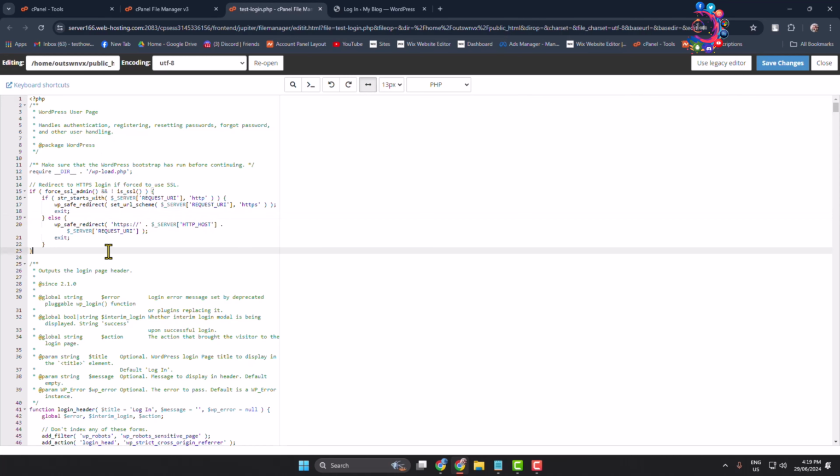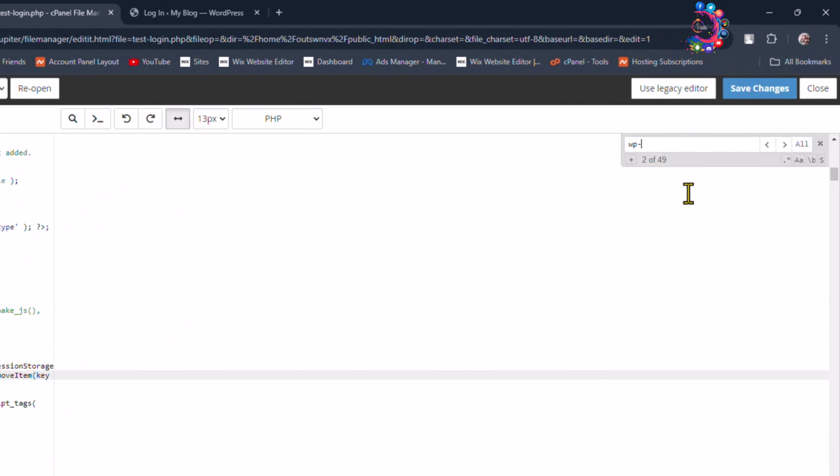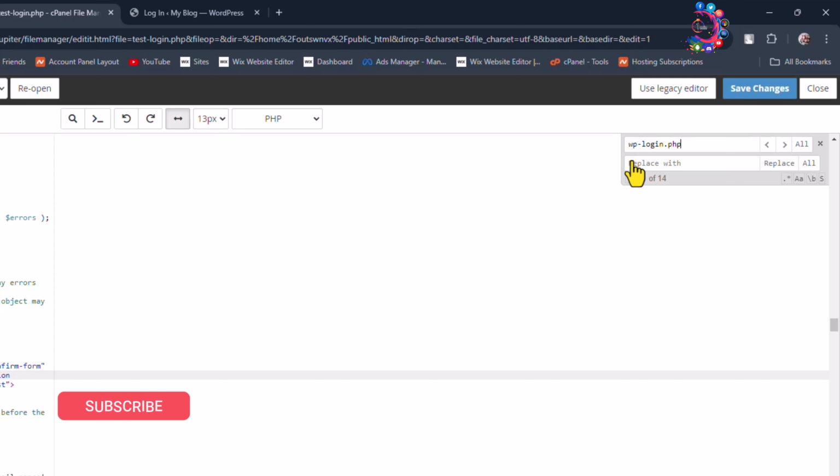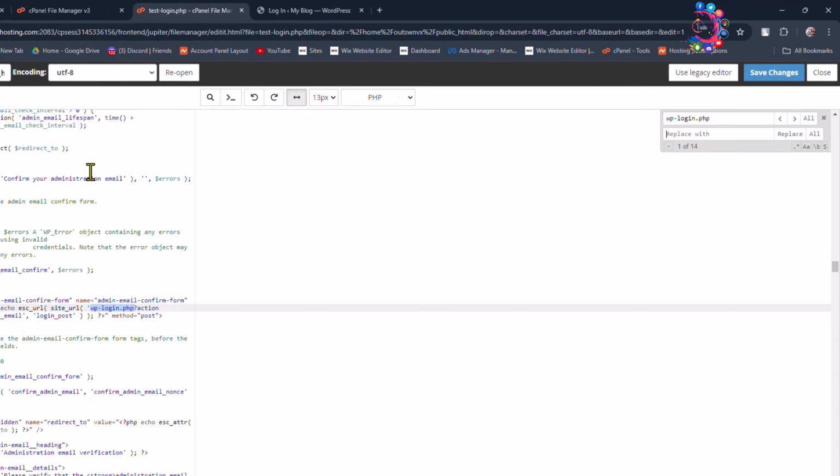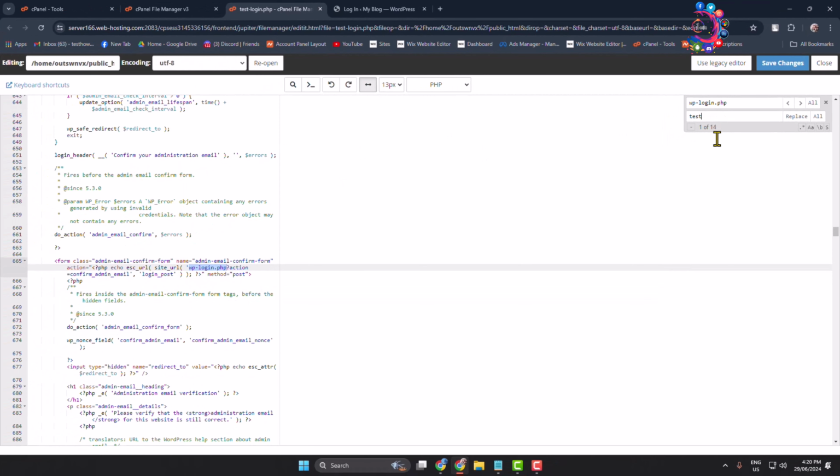Here press Ctrl F and search for, in this box you have to type the file's previous name. So the file's previous name was wp-login.php, and now you have to click on this plus icon and the replace box will open here. And now in this replace with box, you have to type this file's current name. So this file's current name is test-login.php, and then click on replace all,